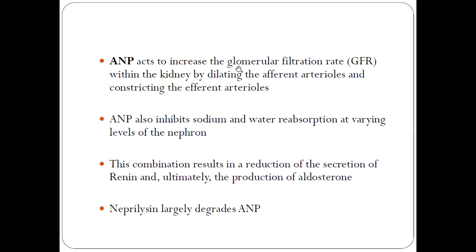ANP acts to increase the glomerular filtration rate within the kidney. It does that by dilating the afferent arterioles and constricting the efferent arterioles. ANP also inhibits sodium and water reabsorption at varying levels of the nephron. Because of this increased GFR, there is a reduction in the secretion of renin and decreased activation of the renin-angiotensin-aldosterone system, and thus there is a more protective effect on the heart in patients